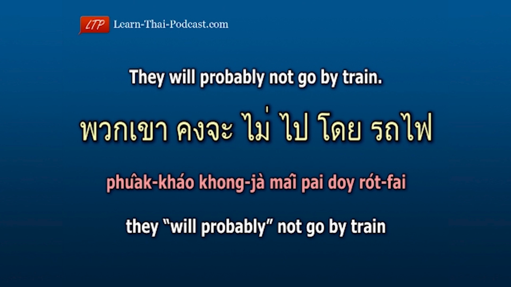For example, they will probably not go by train. พวกเขาคงจะไม่ไปโดยรถไฟ They พวกเขา will probably คงจะ not ไม่ go ไป by โดย train รถไฟ. They will probably not go by train. พวกเขาคงจะไม่ไปโดยรถไฟ